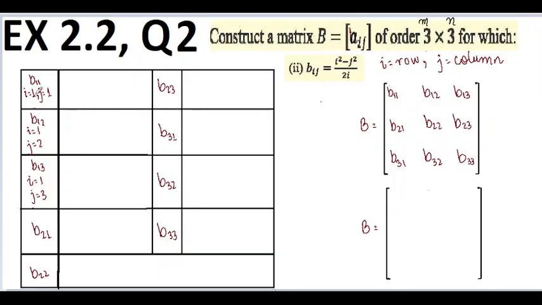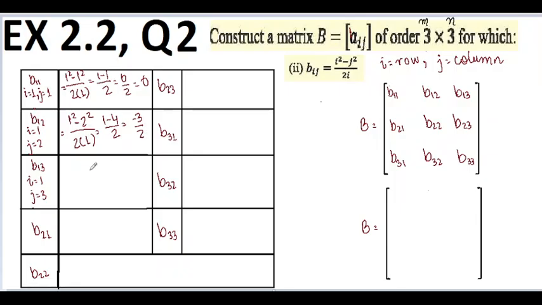Okay. For the first element B11, i equals 1, j equals 1, putting i equals 1 and j equals 1 in this formula, so we get i square minus j square, so (1 square minus 1 square) whole divided by 2i, so 2 into 1, which is equal to 1 minus 1 by 2. 1 minus 1 gives us 0 by 2, which is equal to 0. For B12, i equals 1, j equals 2, so we get i square minus j square, 1 square minus 2 square, whole divided by 2 into i, so 2 into 1, so we get 1 minus 4 whole divided by 2, which is equal to